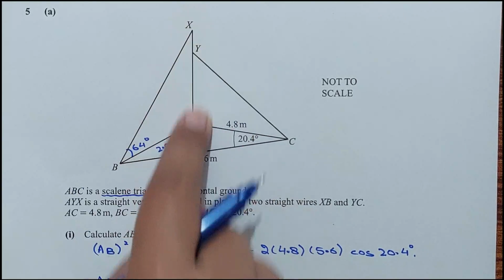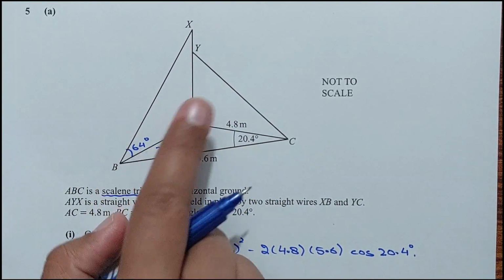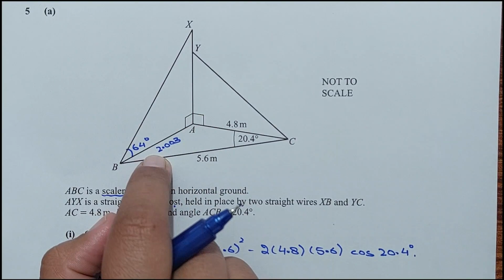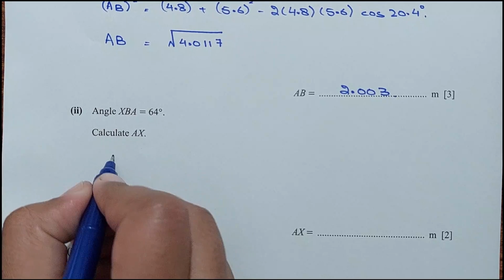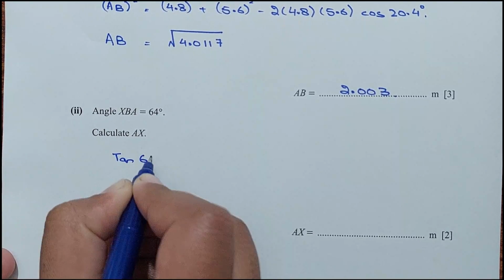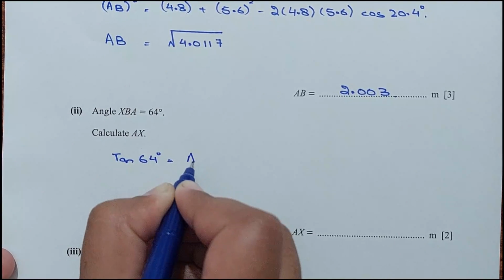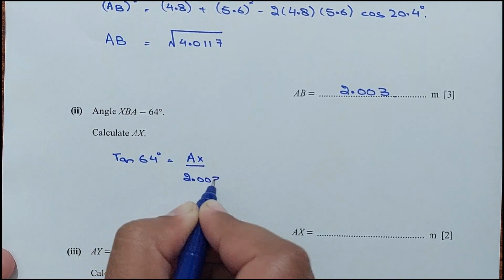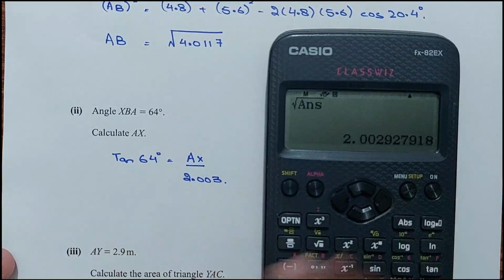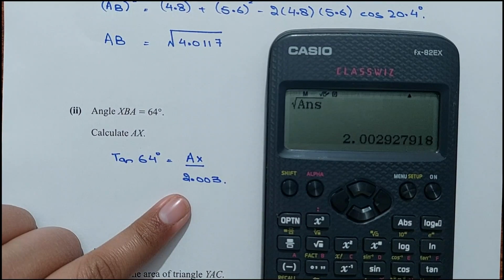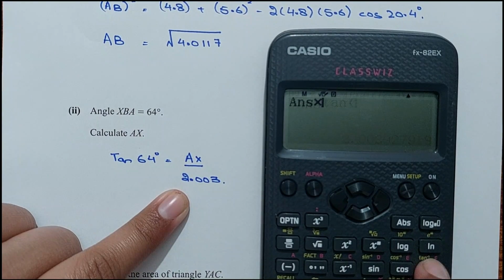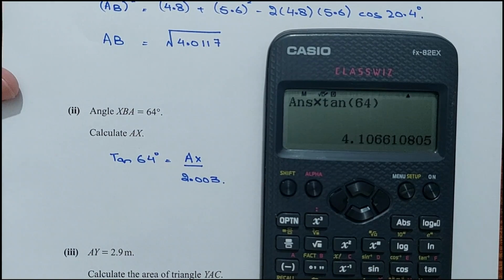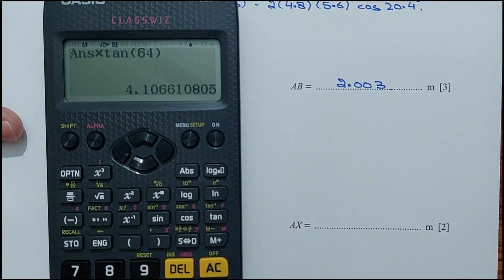We have to solve for AX, right? So opposite, and this is the adjacent side. So using the ratio of tangent, right? So we can say that tan of 64 degrees is opposite is AX and the adjacent side is AB, which is 2.003, right? So AX should be equal to 2.003 times tangent of 64 degrees, which is 4.10, 4.11 we can say